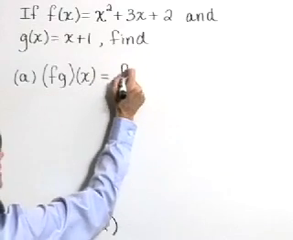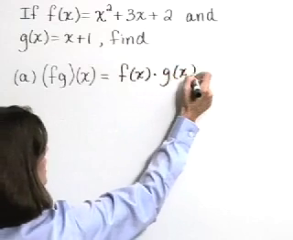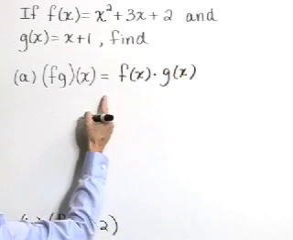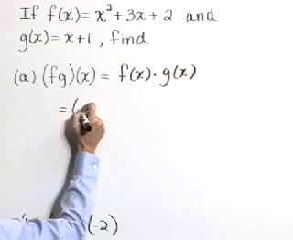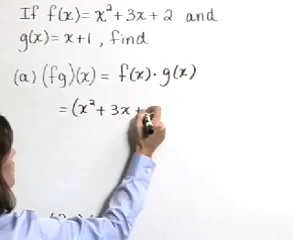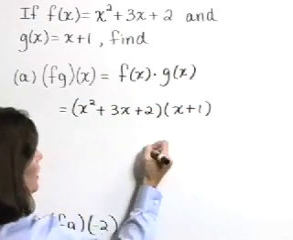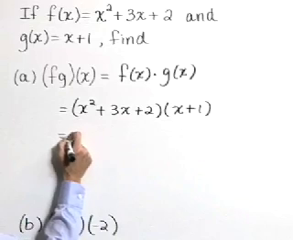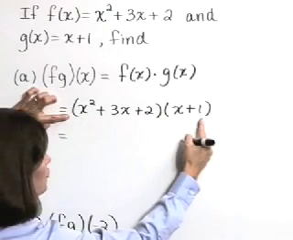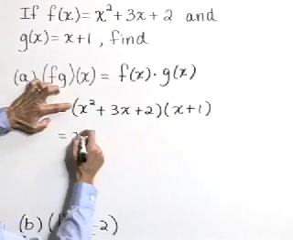So if you'd like to write that this is f of x times g of x, go ahead. Now let's multiply. Let's go ahead and write this as f of x, which is x squared plus 3x plus 2, times g of x, that's x plus 1. To multiply, we need to take each term of this first function times each term of the second one. So x squared times x is x to the third,